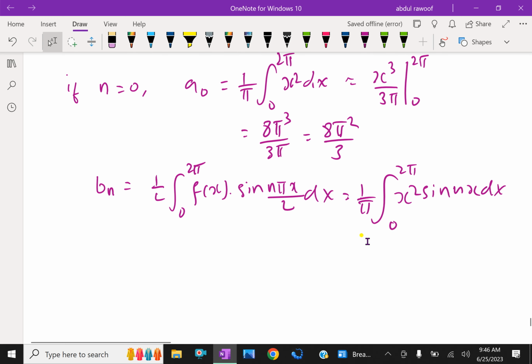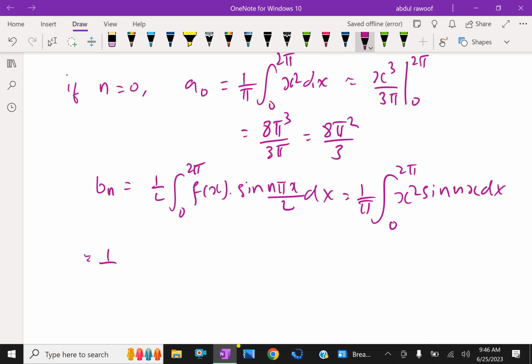Now here we have to integrate this function, applying the 1 by pi to the integration of this uv and applying the limits, we will get bn equal to